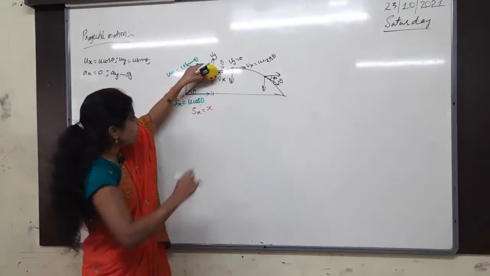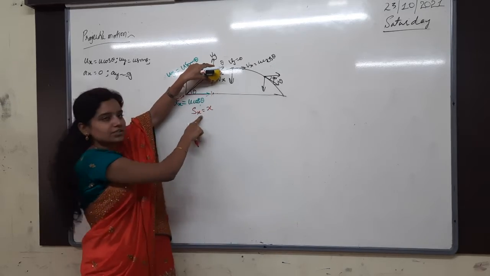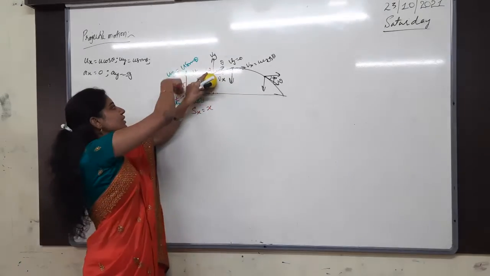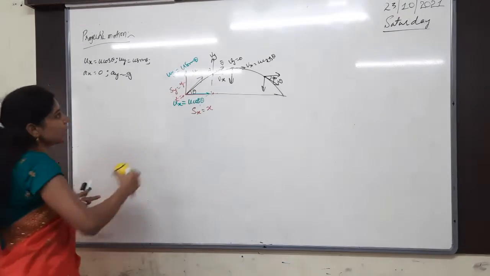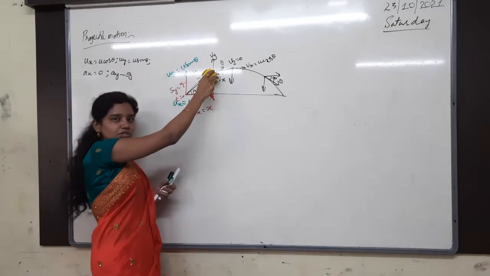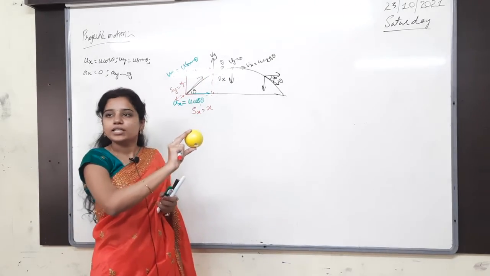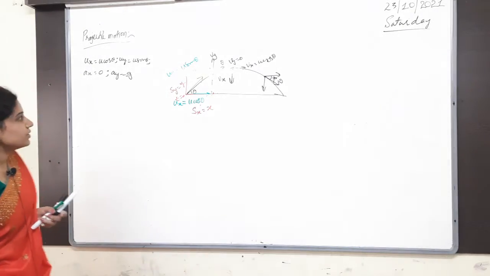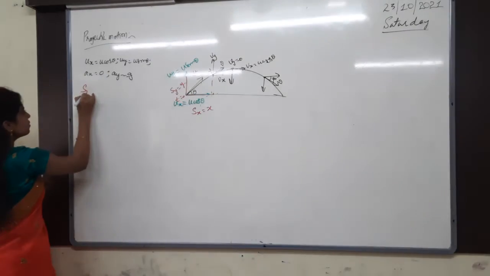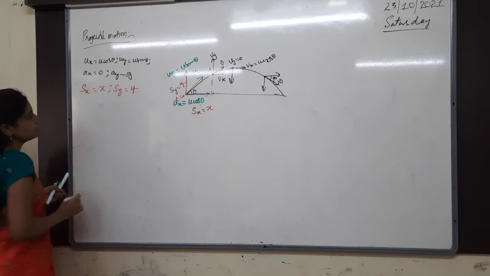So at this point, what is the horizontal distance travelled? Nothing but x is the horizontal distance. What is the vertical distance? Nothing but y is the vertical distance. Then here acceleration is how much? ax is equal to how much? Throughout the motion ax is equal to 0 only. ay is equal to what? Minus g. That we will see. Now sx is equal to the horizontal distance x, and sy is equal to y.